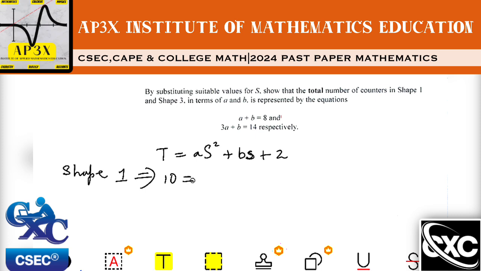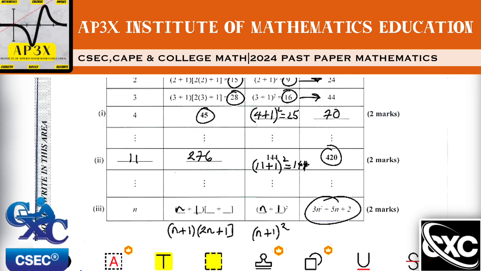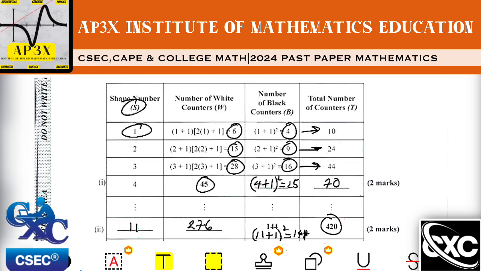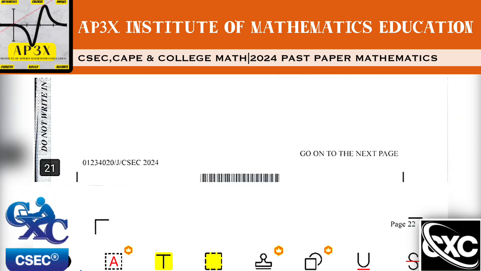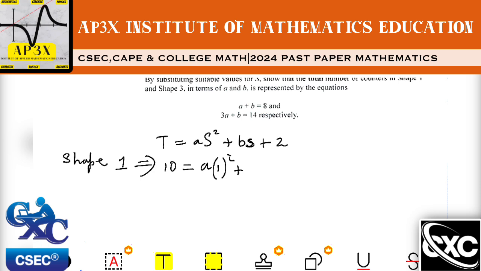And then of course that's going to be equated to A open bracket S for shape 1. S works out easily to be 1, so that's going to be 1 squared. And then of course B is going to be left there, and S again is 1, plus